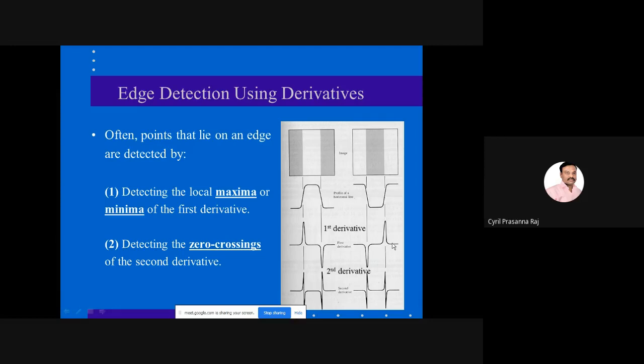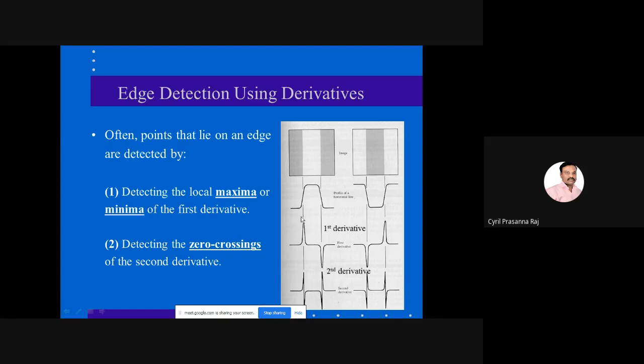Now, if you take an image, take the first row of the entire image, and differentiate it, you get a positive spike here and a negative spike here. We find that there is a maxima here and a minima here.